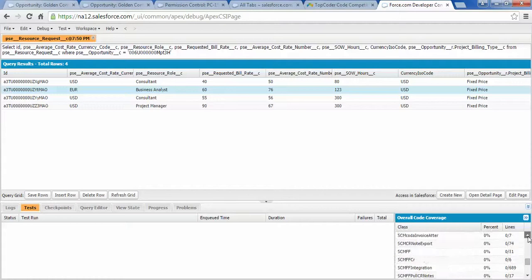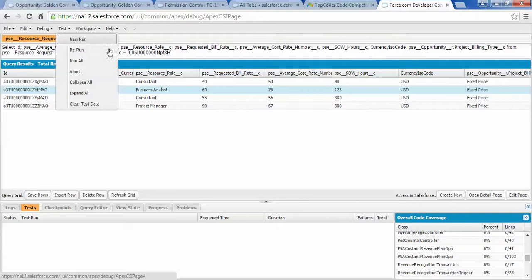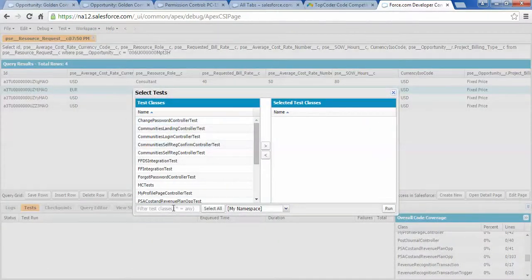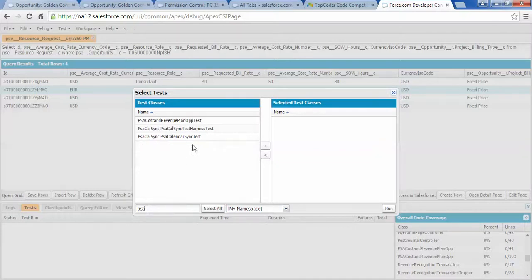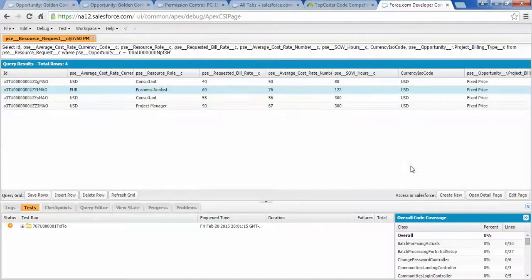If I go to developer console, if I go to test, I'll run the test class. It will take some time.